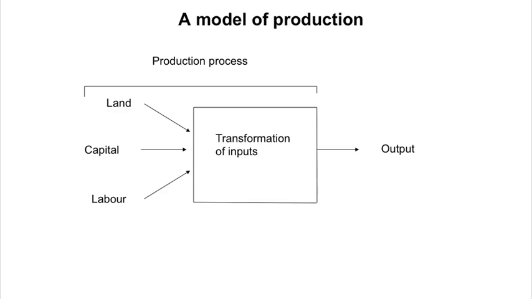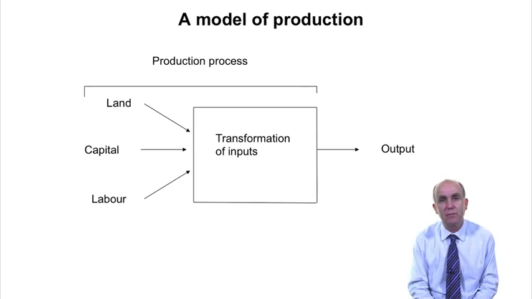So for example, if we were thinking about production of wheat, then we know that we'd need land, we'd need workers on the farm, and we'd need capital. Perhaps if we're talking about a period a few hundred years ago, it might be something like a horse-drawn plough. And those inputs are going to be used to produce output through something that I've labelled here a production process.